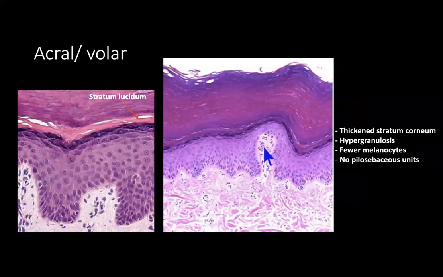So I would say that probably one of the highest yield diagnoses to be able to understand acral skin and inflammation is going to be something like pernio or perniosis, where you have dense perivascular lymphocytes. And if you see dense perivascular lymphocytic inflammation on acral skin, you should definitely be thinking about the diagnosis of perniosis, which is a type of inflammation that you can either see in lupus or autoimmune connective tissue disease, or even in areas of